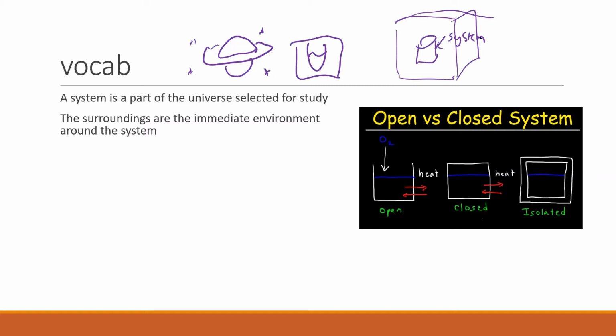Now, there are three types of systems that we're going to be talking about. The first type of system is called an open system. An open system is a system that allows matter and energy to enter it. Okay, an example would be a coffee mug. I've actually got a coffee mug here. You guys can't see it because I've got the screen shared. Now, a coffee mug, why is a coffee mug a system? Because if you think about a coffee mug,